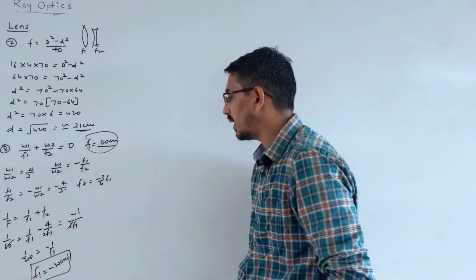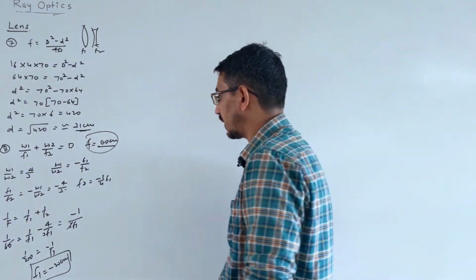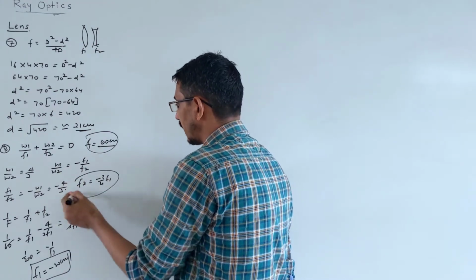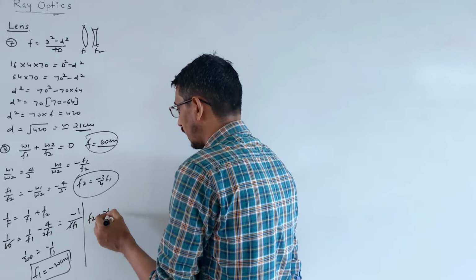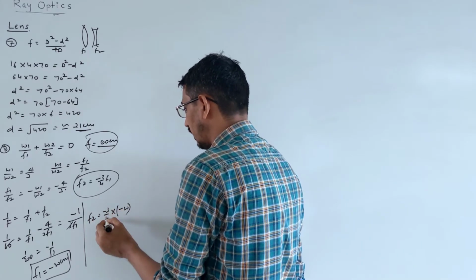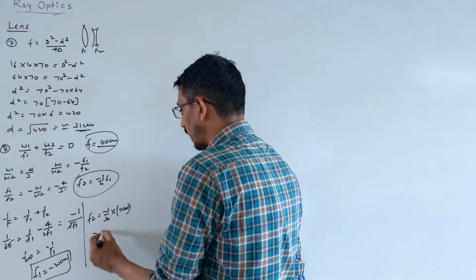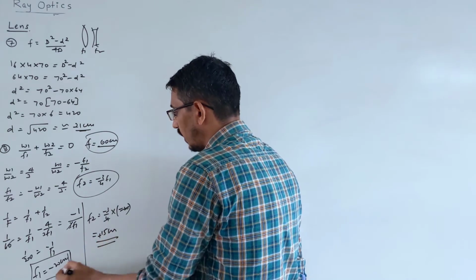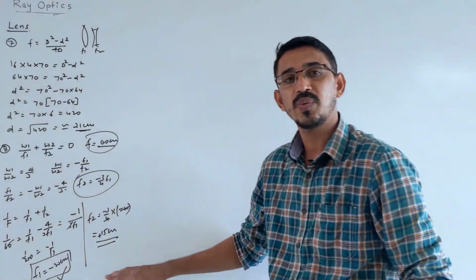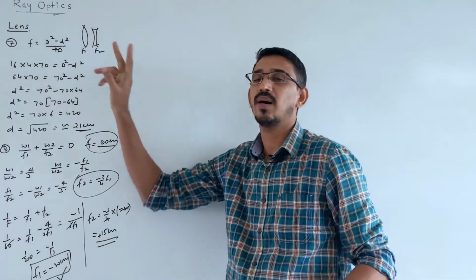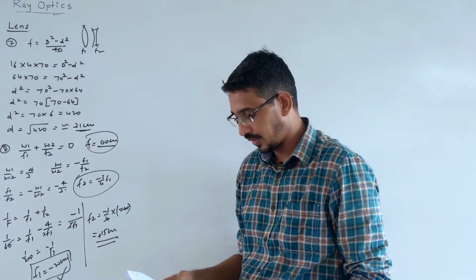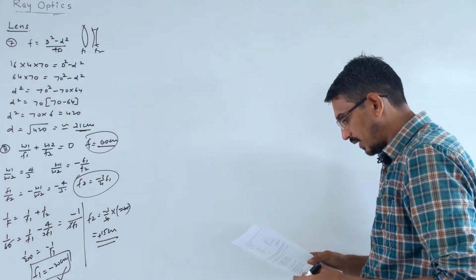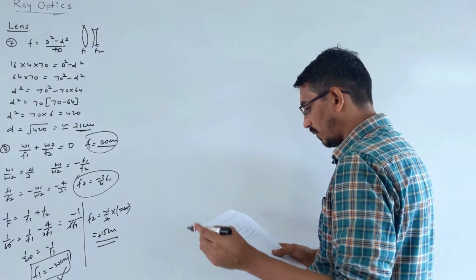If f1 is minus 20 centimeter, then f2 you can find from this relation itself, right? So f2 will be equal to minus 3 by 4 times f1, that's minus 3 by 4 times minus 20. 4 goes 5 times, so it's coming plus 15 centimeter. So one lens has positive focal length and one lens has negative focal length, because we always use opposite lenses in the achromatic condition, right? Okay. Let's move on, and question number 9 we are talking now.